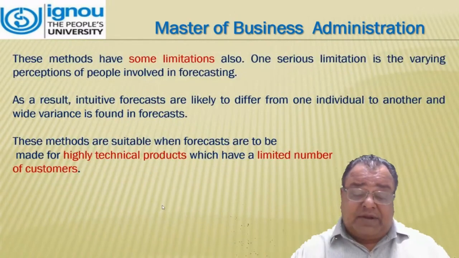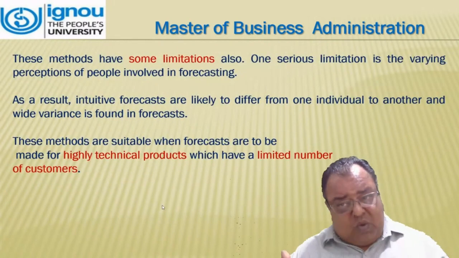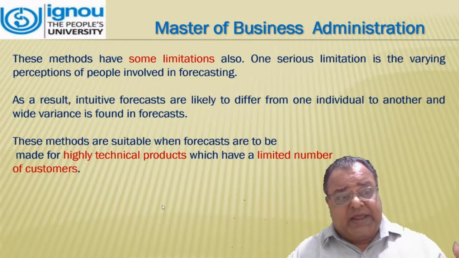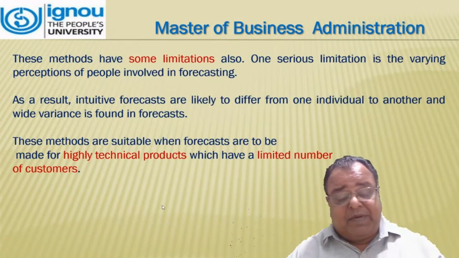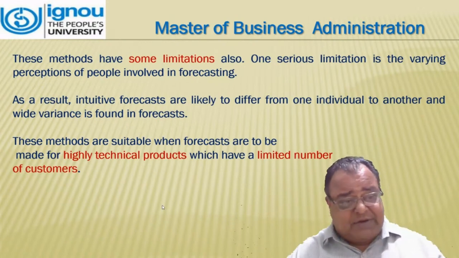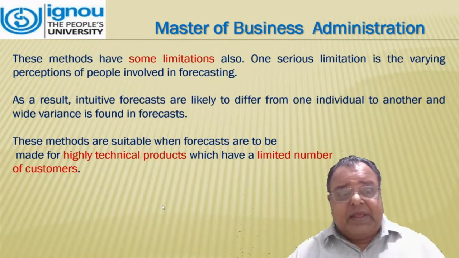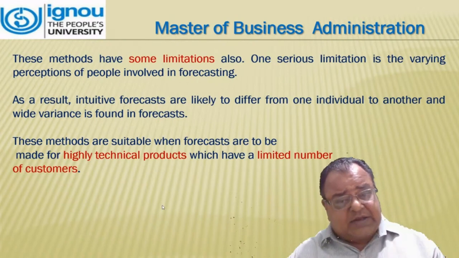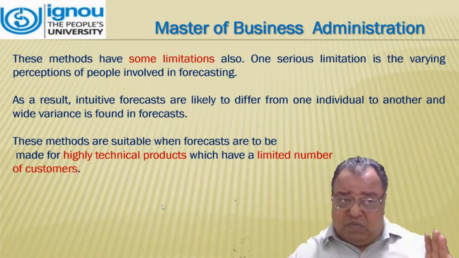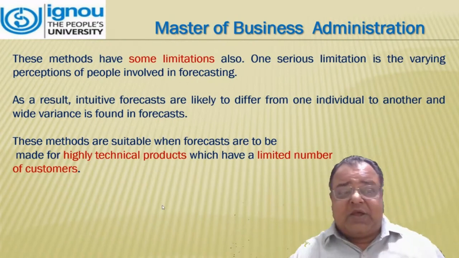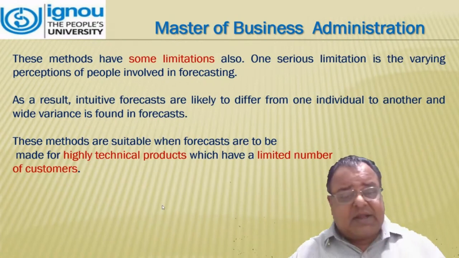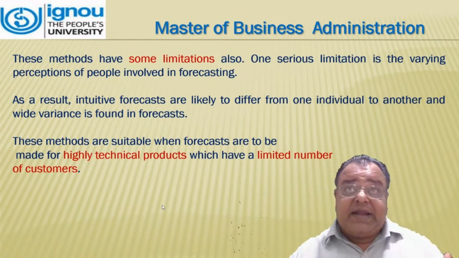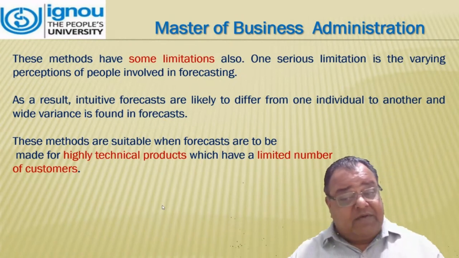These methods have some limitations also. One serious limitation is the varying perception of people involved in forecasting, because different people have different opinions about a subject. As a result, intuitive forecasts are likely to differ from one individual to another, and a wide variance is found in forecasts. These methods are suitable when forecasts are to be made on highly technical products which have a limited